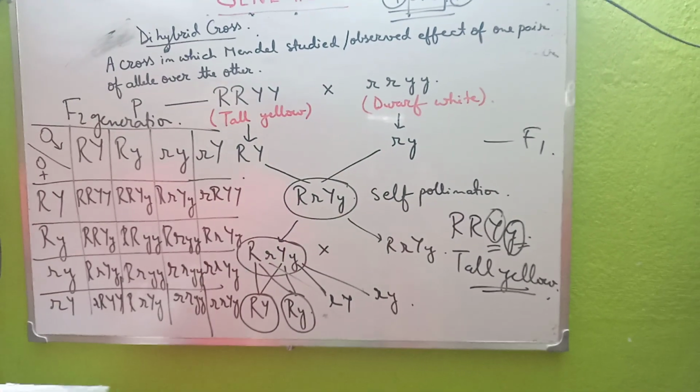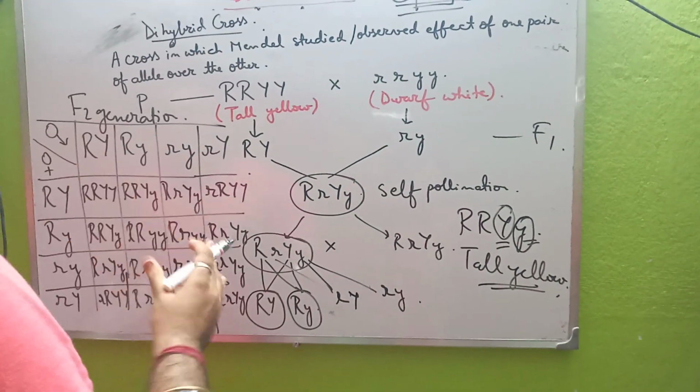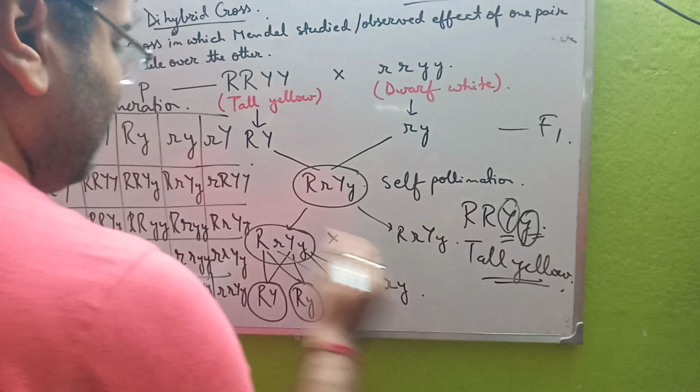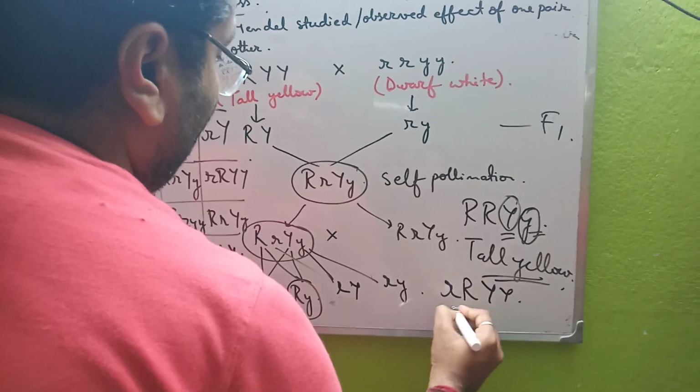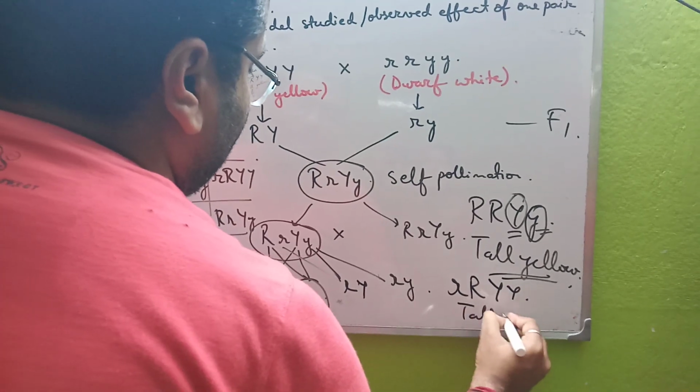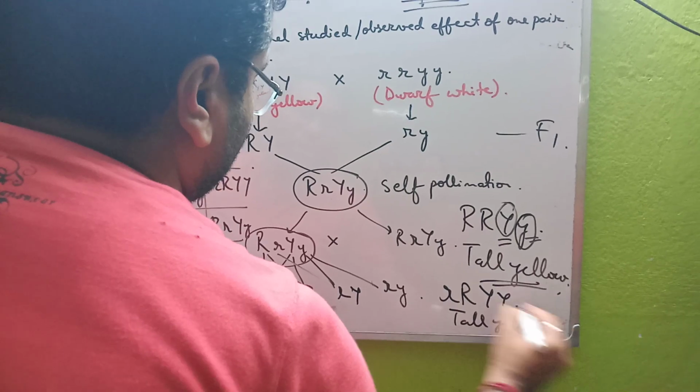This was the main thing which Mendel wanted to describe. Another one is capital R, small r, capital Y, capital Y. Over here you can see this is tall and yellow. So tall, it's not a pure tall because small